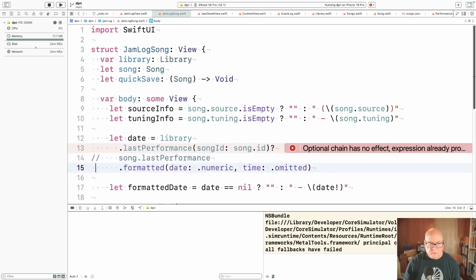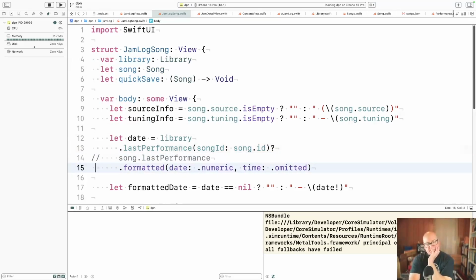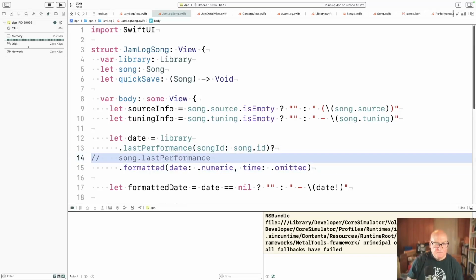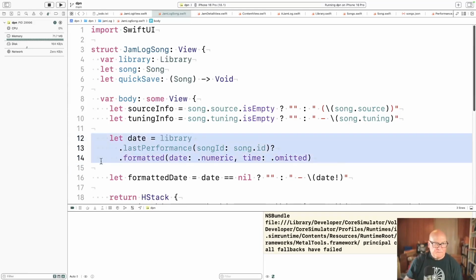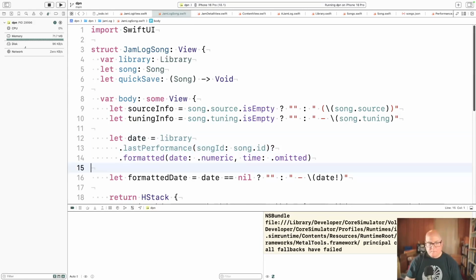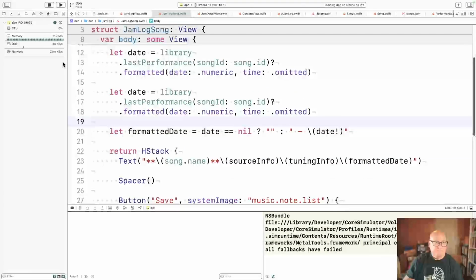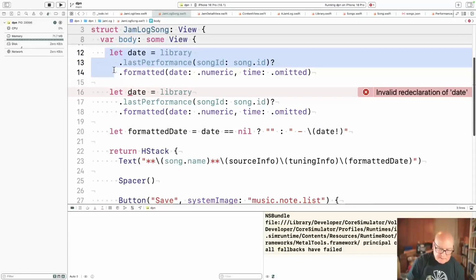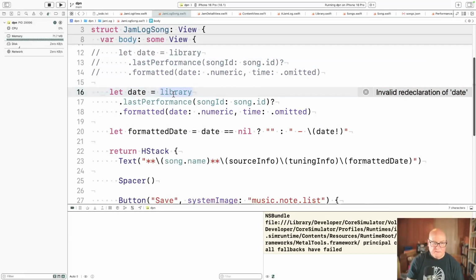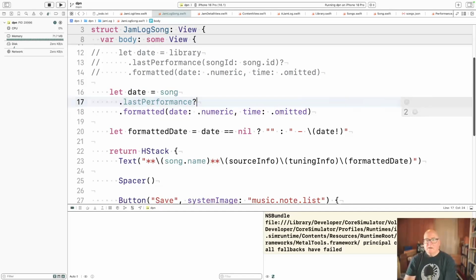And if I format a nullable date, let's comment out this one. Song dot last performance question mark. Okay. So now we should be getting the date from that performance field.